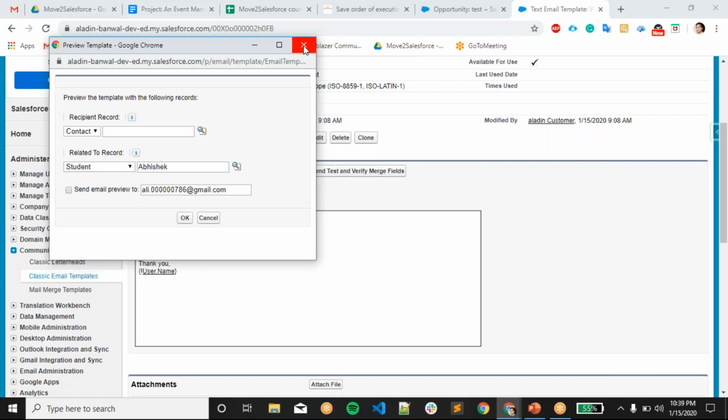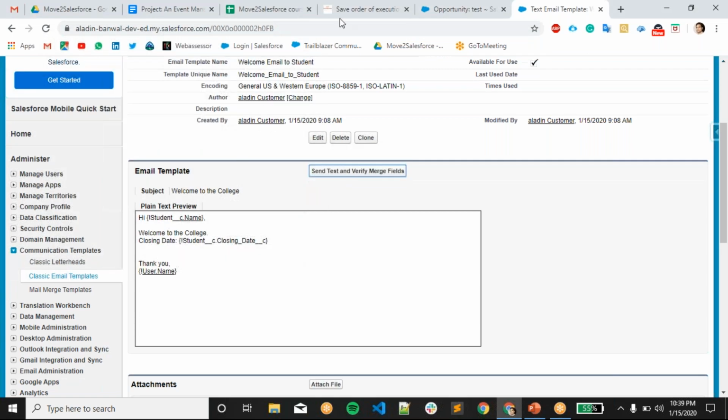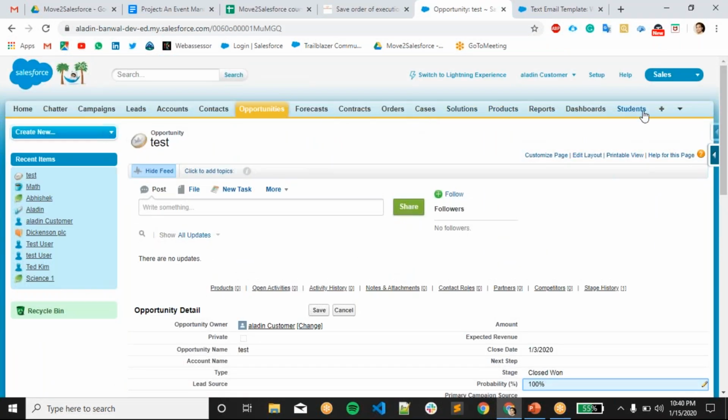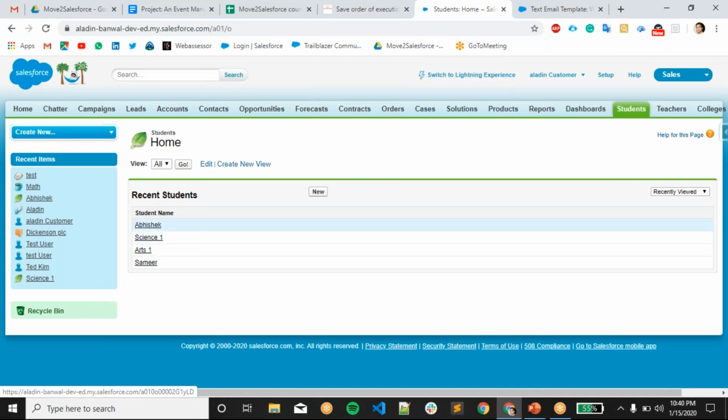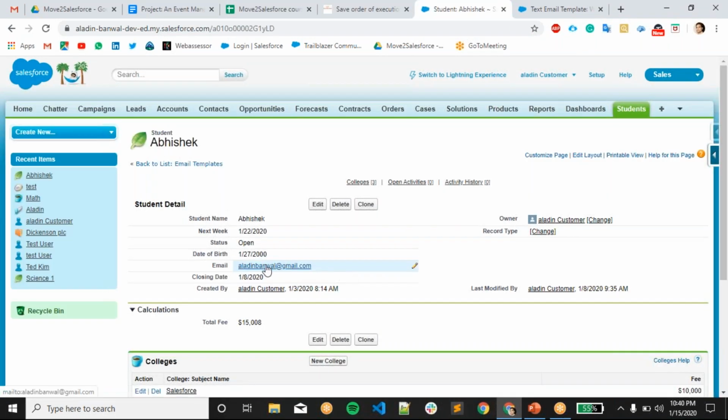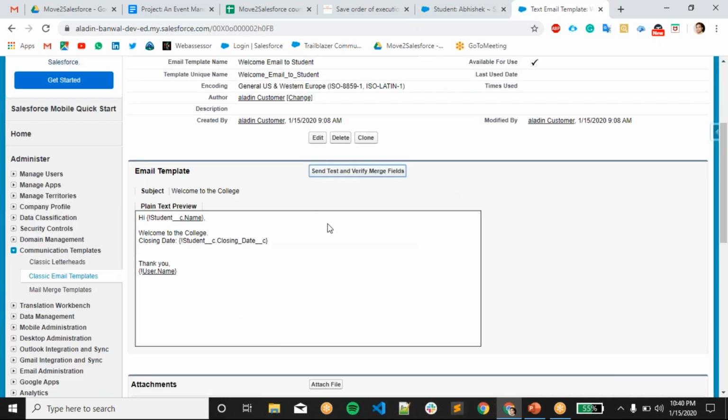In Abhishek, I have to see which email is there. So let me go and change the email address from here. Yeah, it is my email only.